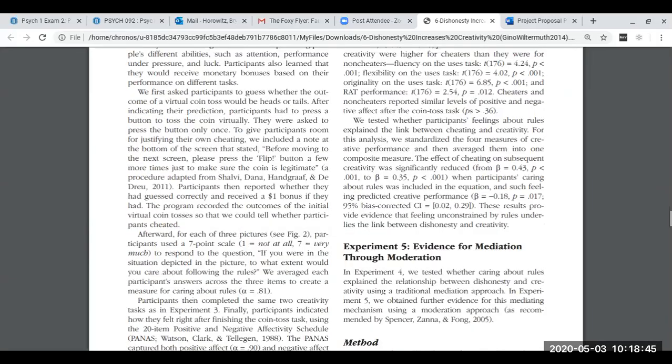We first asked participants to guess whether the outcome of a virtual coin toss would be heads or tails. After indicating their prediction, participants had to press a button to toss the coin virtually. They were asked to press the button only once. To give participants room for justifying their own